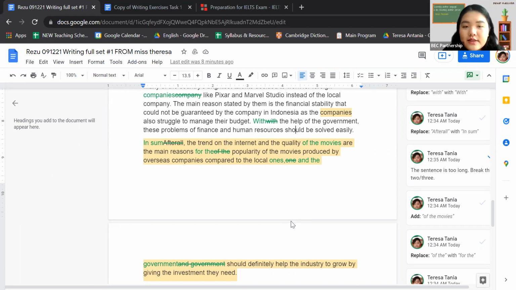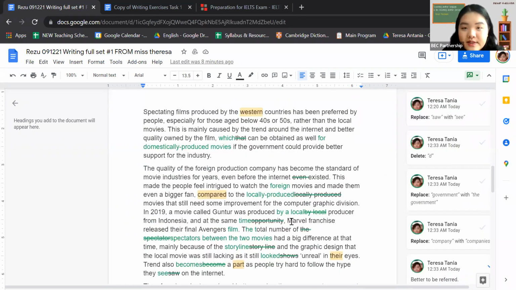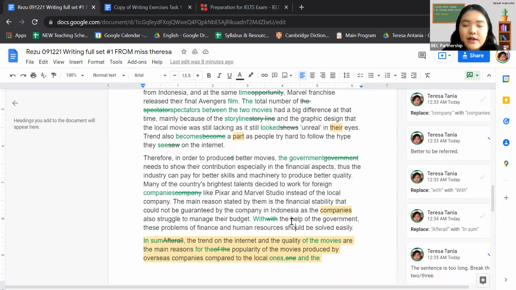If you can make it faster, then you can have time to think about the paraphrasing. Okay. So there's another trick that you can use. Just write first, write as fast as possible, using what you have in mind. And then you read again, whether you use the same word over and over again or not. If you have a lot more spare time, you can change those words. Instead of forcing ourselves to change it while we write it, we can change it later after we're done. But if you're using this strategy, you should practice